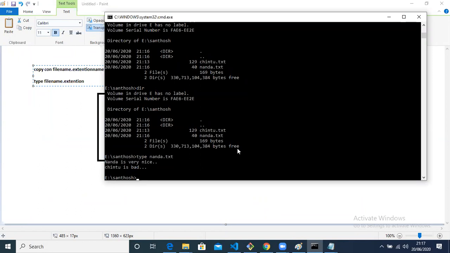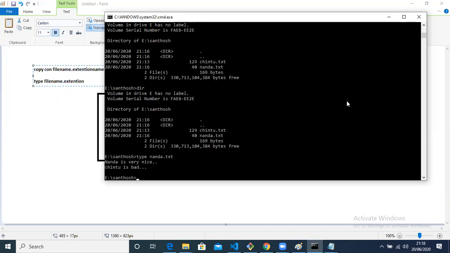You are understanding? Hey Chintu, tell me what you understood again. Copycon is used for creating files. And in DOS we use the word command as DOC, PowerPoint, PPT, text, TXT, and if you want any list about that, we should type dir.